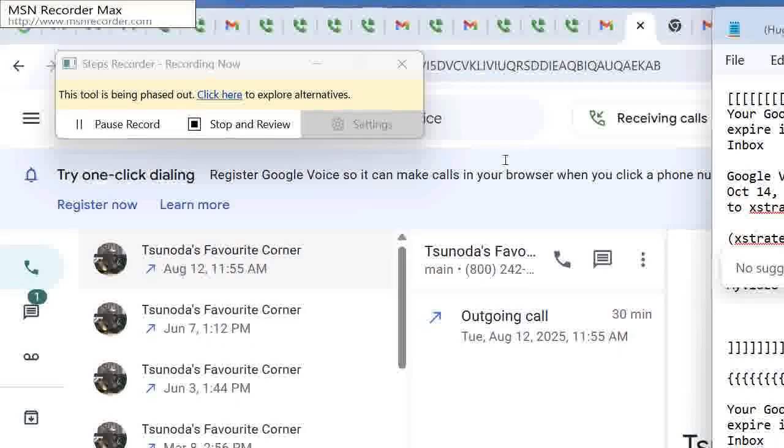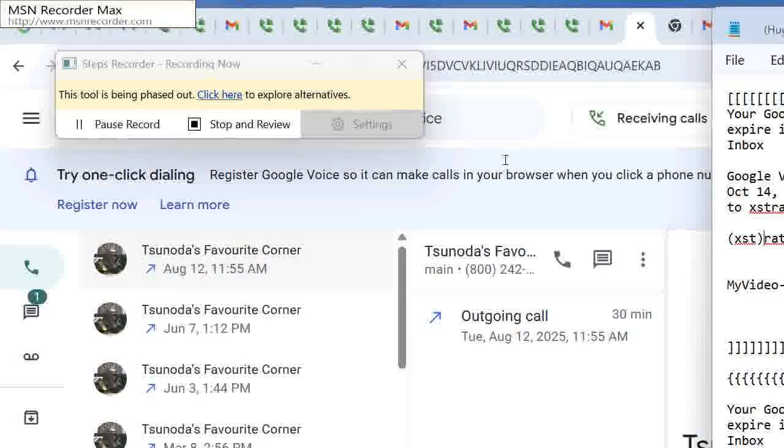Yes, I said X, like the letter XYZ, and strategy run. Three different words concatenated together. X, the word number one, strategy, word number two, and run, word number three.